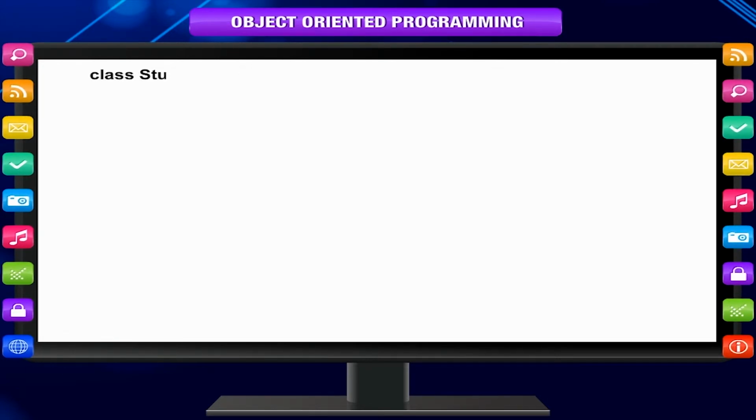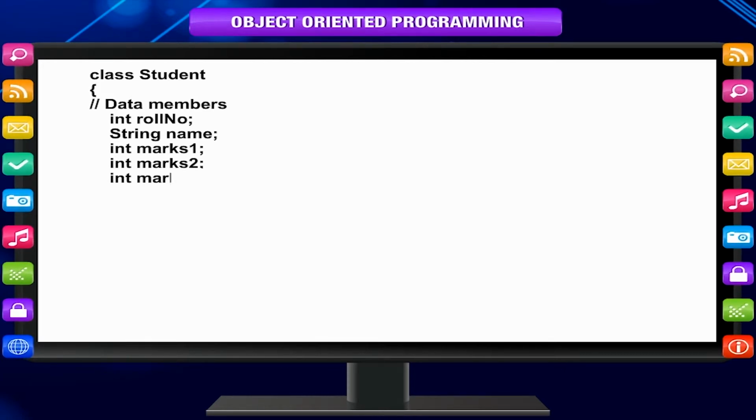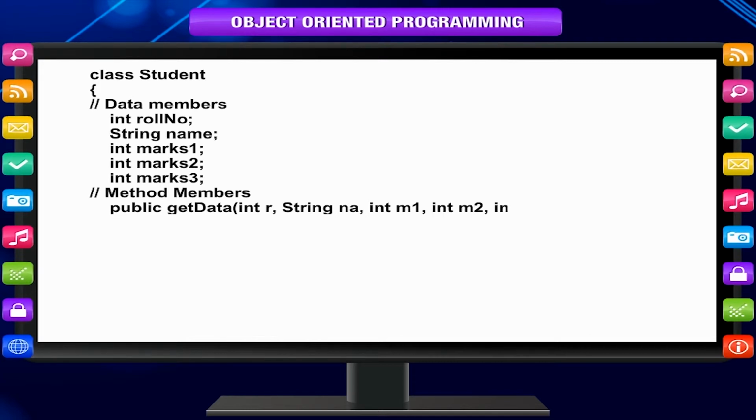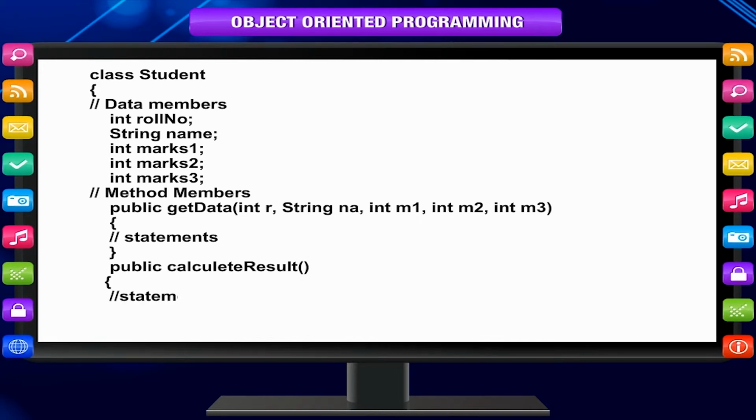Example: class Student { // data members int rollNumber; String name; int marks1; int marks2; int marks3; // method members public getData(int r, String na, int m1, int m2, int m3) { // statements } public calculateResult() { // statements } }